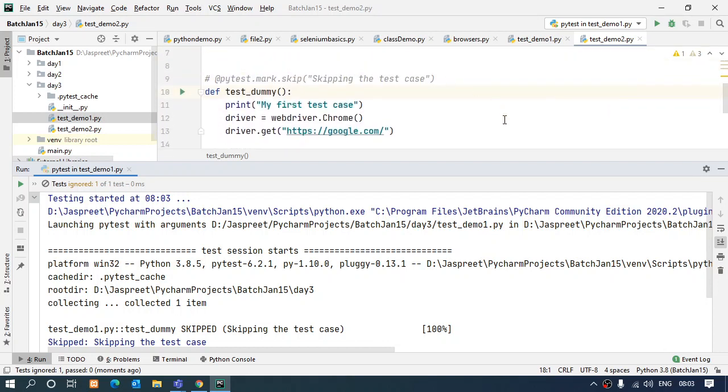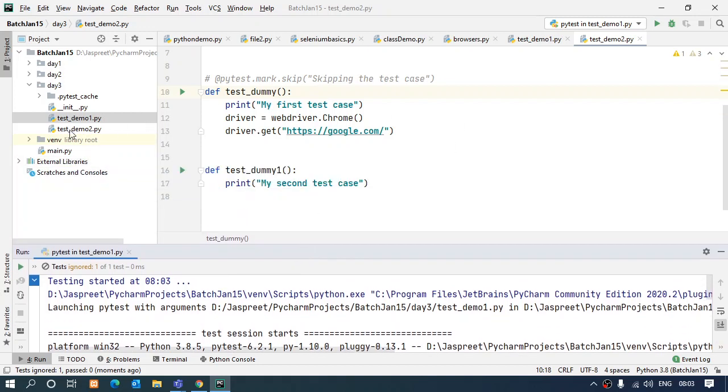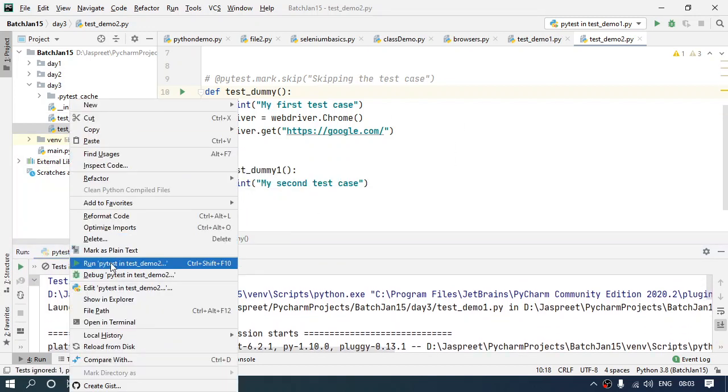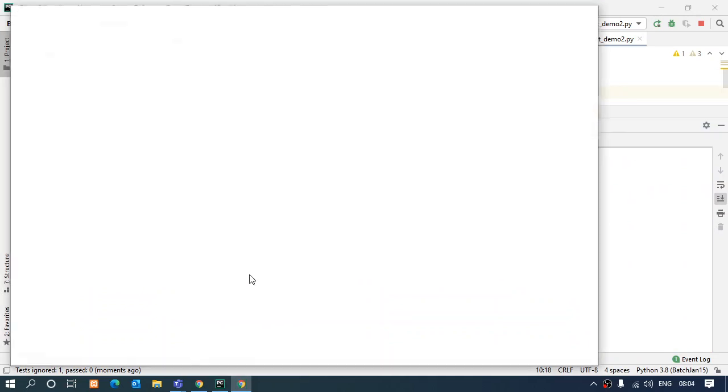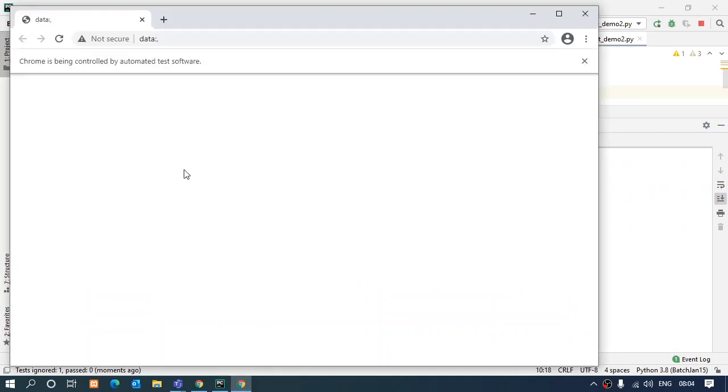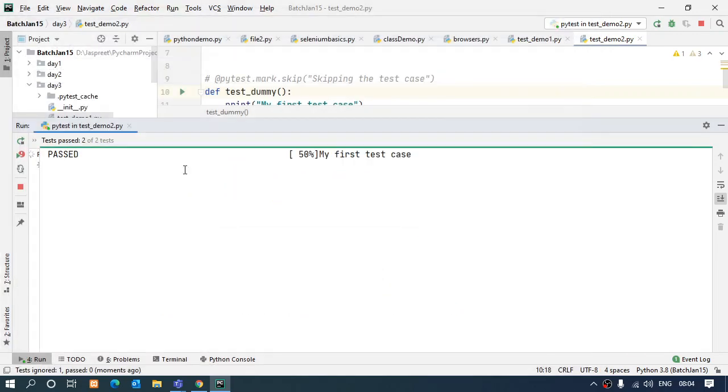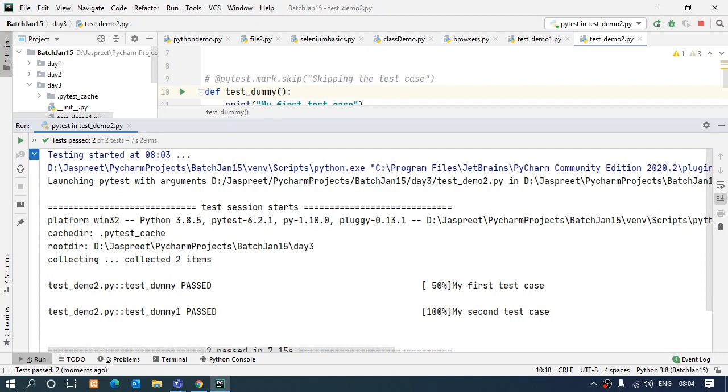Okay, I am changing in test demo 2 and I'm expecting the change in test demo 1. Sorry, I'm so sorry. So now if I see, there will be two test cases collected. One will open the browser and navigate me to Google, and the second one will have a print statement like this.